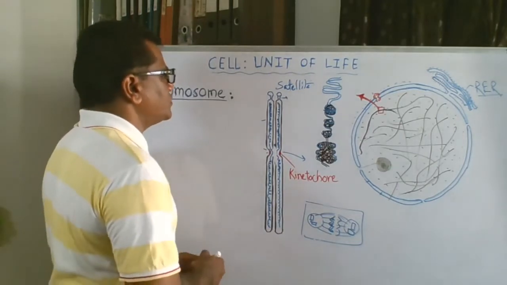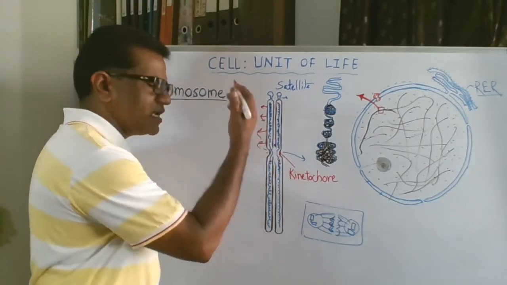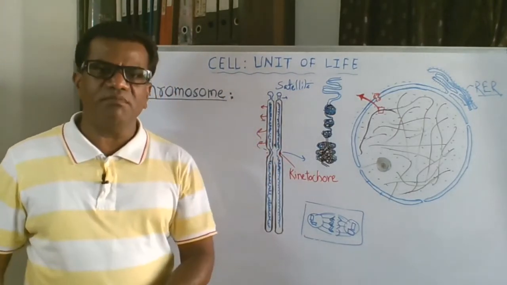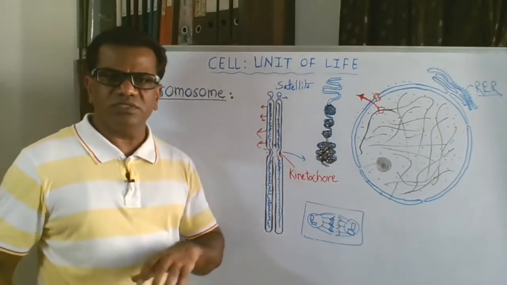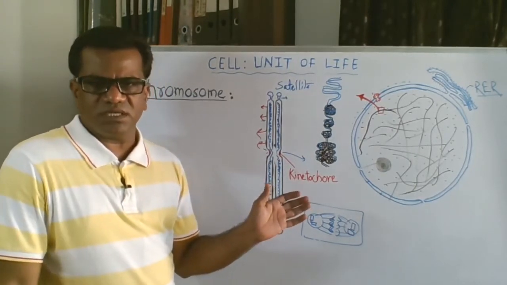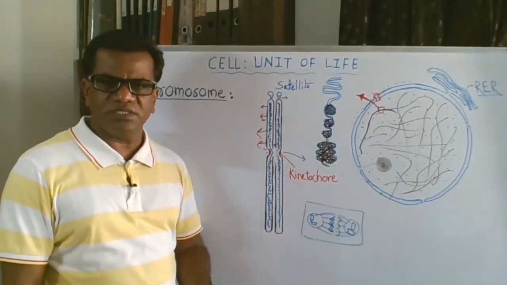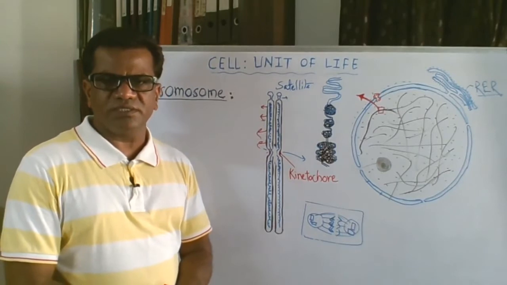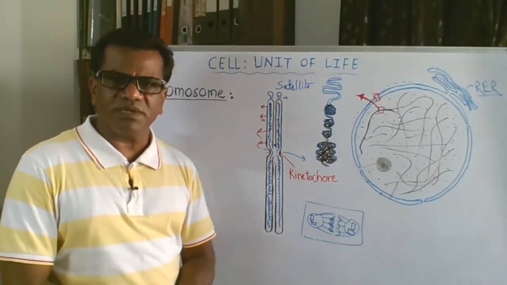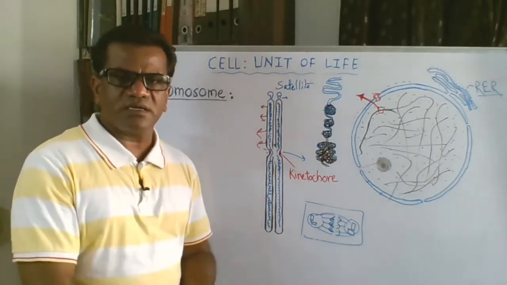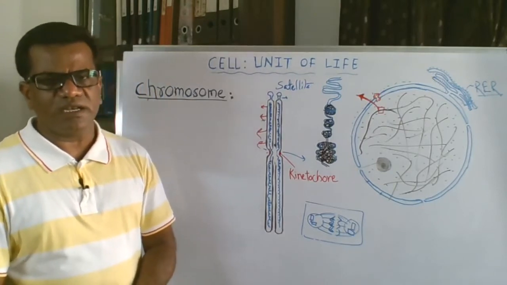So suppose here a gene may be present, here another gene, like this, and we can make a gene map showing which chromosome is bearing which type of genes. So genes are present on the chromosomes, genes are the active segments of the chromosomes, and chromosomes are the carriers of genes, and that is the importance of chromosomes. Chromosomes are our hereditary material. They carry our characters from one generation to the next generation in the form of genes.